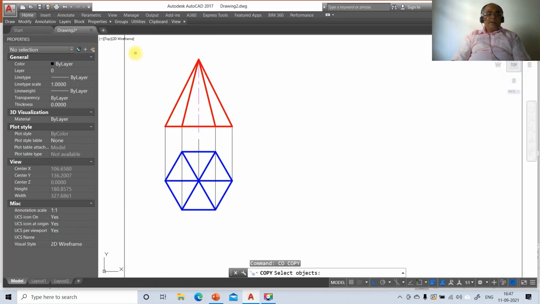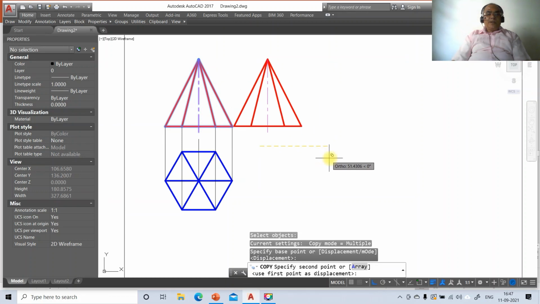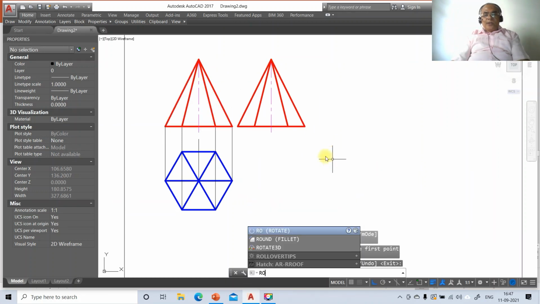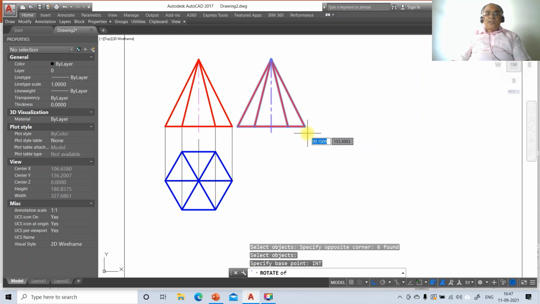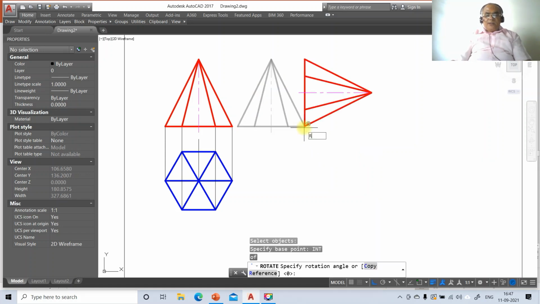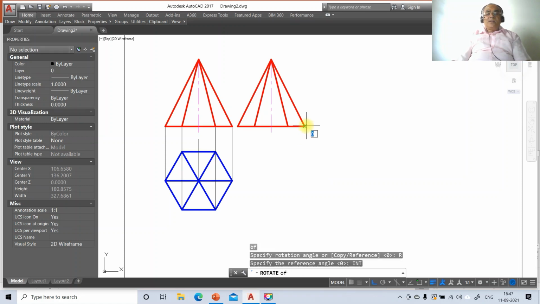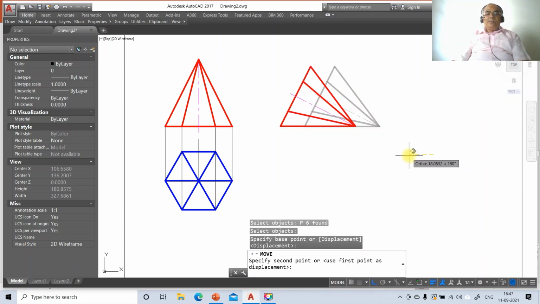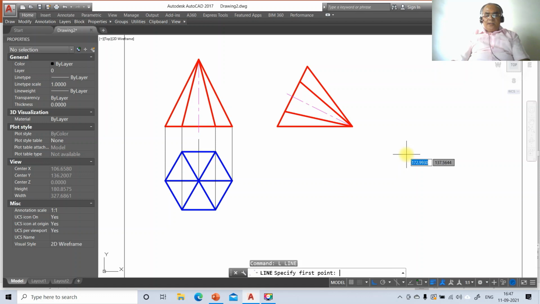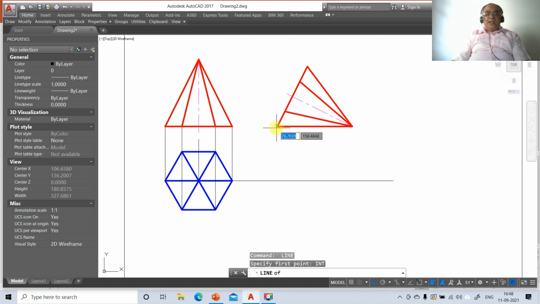So first you go to copy, select this entire drawing and copy it to the next position, and then go to rotate, select this entity, then go to intersection and take the reference point, take int of this and take this intersection, so rotation like this, then go to move, previous, and you bring it here, then go to line, take int of this and draw a horizontal line, and take int of this and draw perpendicular to this, then